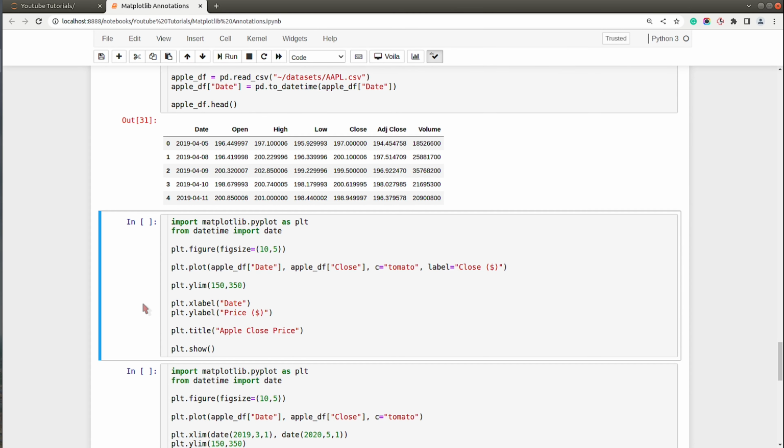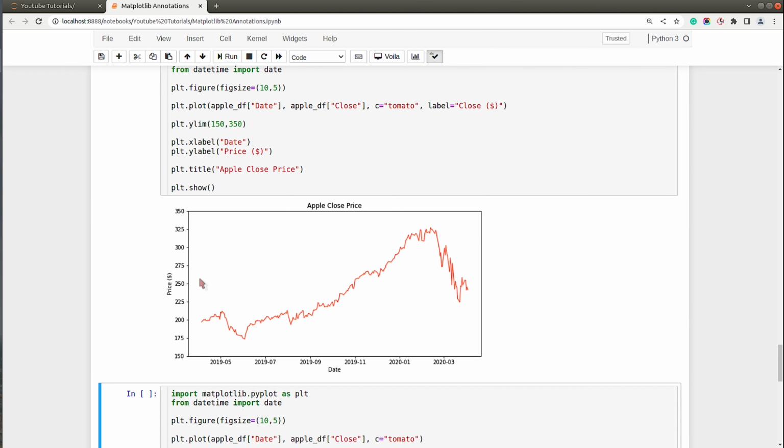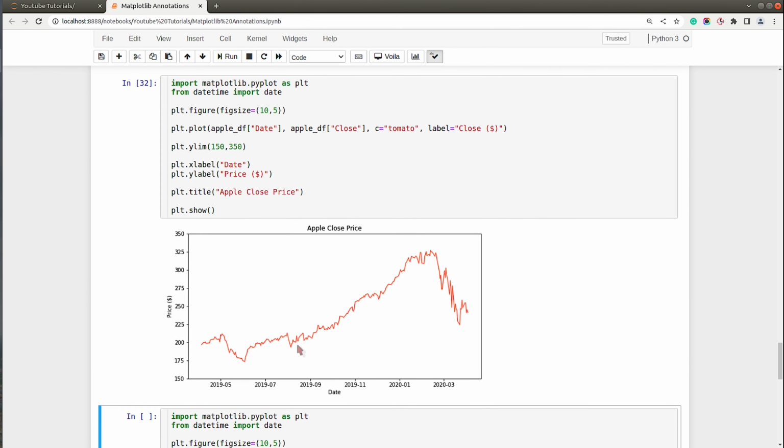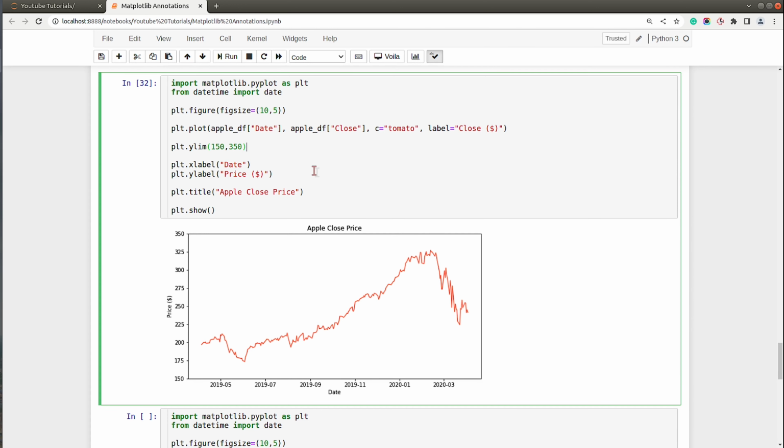So over here, I have created a simple chart which shows the close prices of this Apple stock. As you can see, this is a simple line chart. Now span annotation is when you want to highlight some span in your chart using some vertical lines or horizontal lines. So let's say that I want to highlight this area from over here. Let's say I want to include one line over here and one line over here, two vertical lines to show the rise of Apple stock. So it's starting from here, it's rising till here, then it's falling. So how can I include